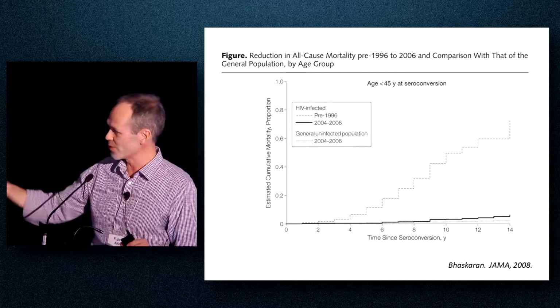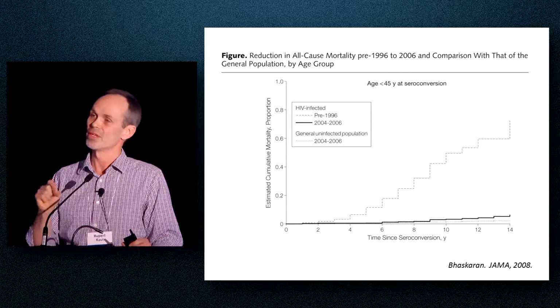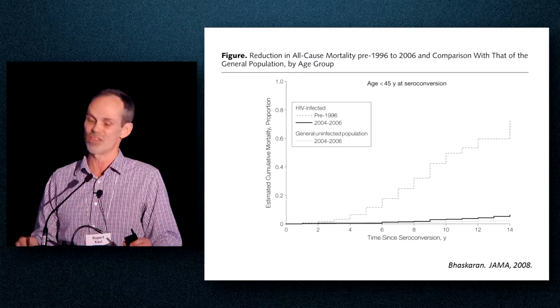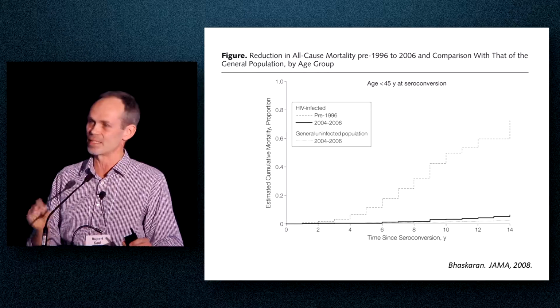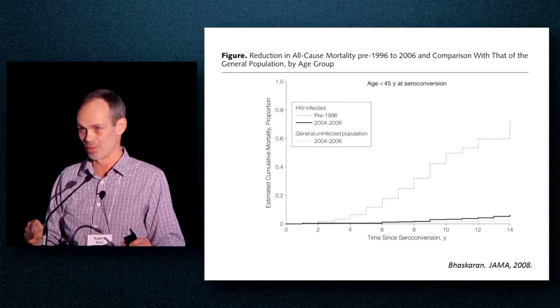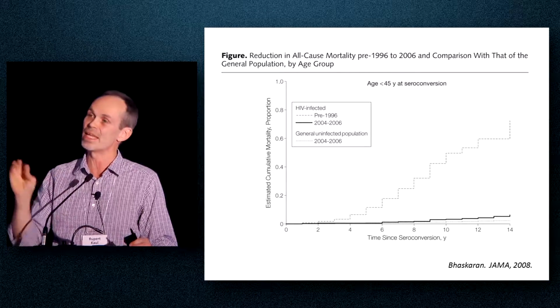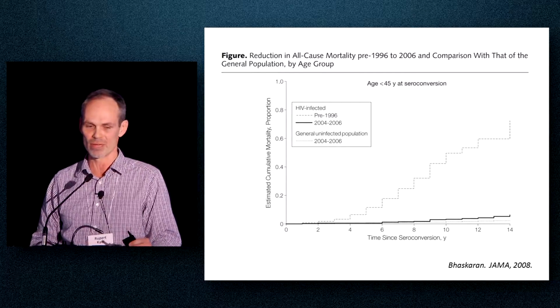What you see on the bottom, you may not even be able to differentiate those two from each other, but you have a solid black line that is the risk of dying if you're HIV positive in the current setting, so since 2006, and the very dotted line that's very close to the x-axis is your risk of dying in the general population. So obviously, that mortality has really come down compared to the old days, but it's still not all the way down to the general population, and these non-AIDS illnesses, these comorbidities, are an important driver of that increased risk of death.